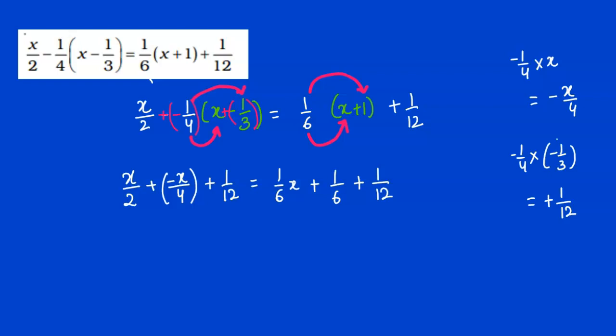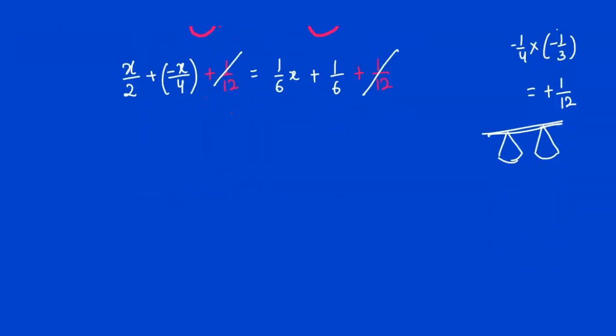Now look at both the sides of the equation. An equation is like a weighing balance. An equation means when something is equated, that means the weighing balance is straight and weight on both the pans is the same. So is there something which is coming on both the sides? Yes, there is. The number 1 by 12. Just see it in color. Yes. So number 1 by 12 is coming on both the sides. So I can just cancel it or take it away from both the sides. So what is left now?